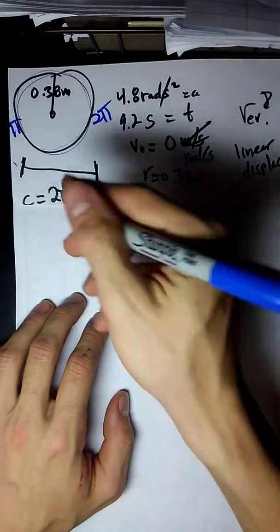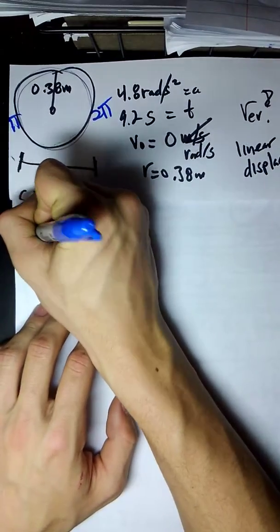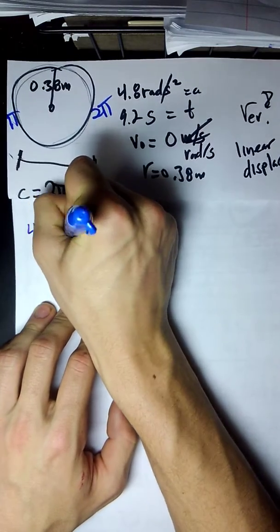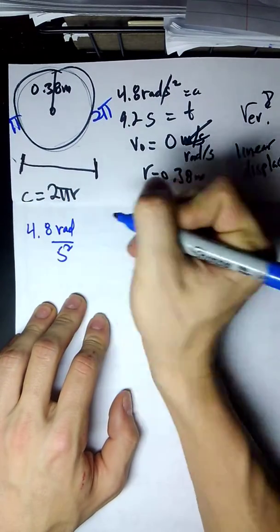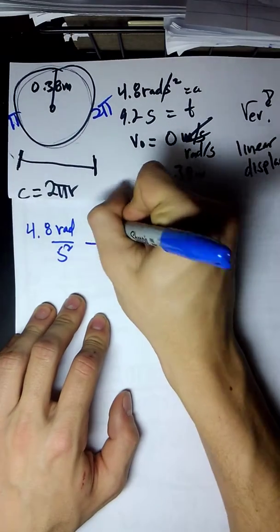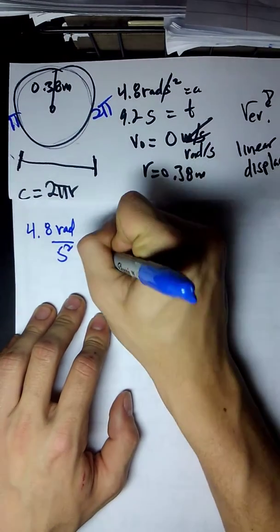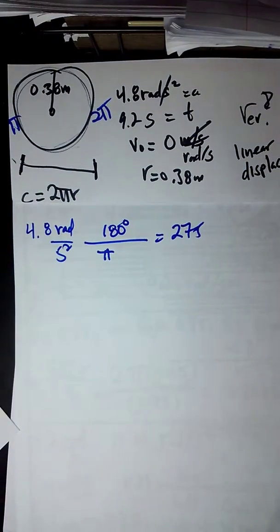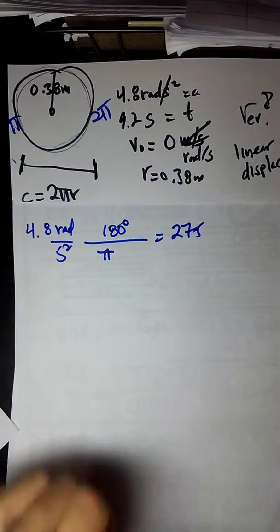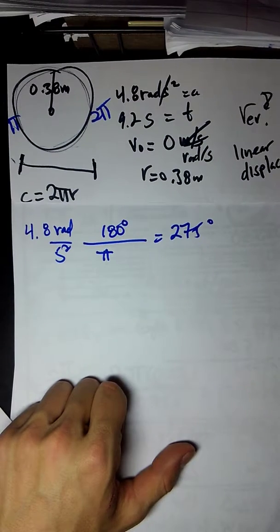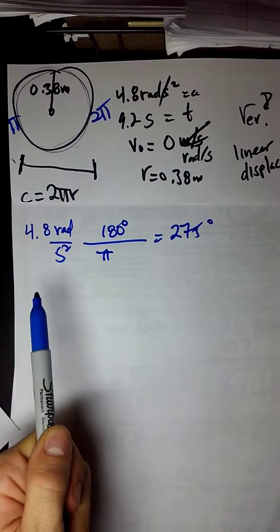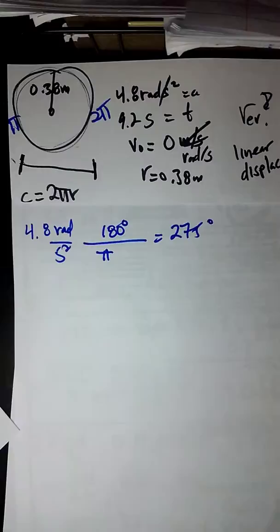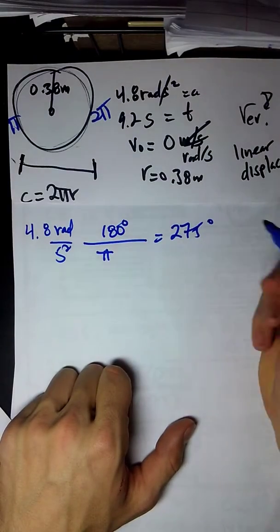So basically what we're seeing is we have 4.8 radians per second squared. I can multiply by 180 degrees over pi to get 275. This is a different way of solving this, but it really works, trust me. This is degrees. I like to look at it this way. You could also just do radians. You could do 4.8 radians over 2 radians per revolution to get the same exact thing to find a number of revolutions. But I like to use degrees